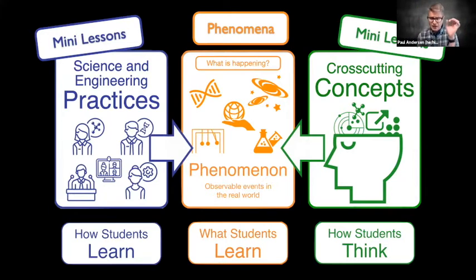But my big takeaway that I want to share with you tonight is the kids will never learn the other dimensions on their own. They'll never learn how to do proper reasoning in an argument. They'll never learn how to develop a model or find patterns. You have to explicitly teach those other dimensions, and you have to do it through tiny mini lessons, like 5-minute mini lessons to teach them a skill that they can then apply to the phenomena itself. This is something I've learned over the last 2 years from watching really good elementary teachers. They understand what a mini lesson is and how to target a specific skill.